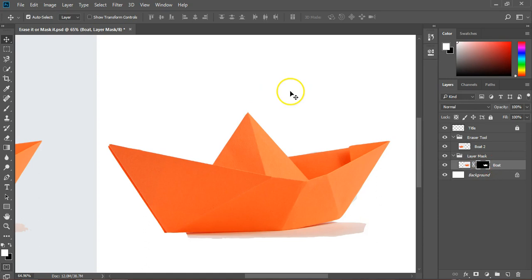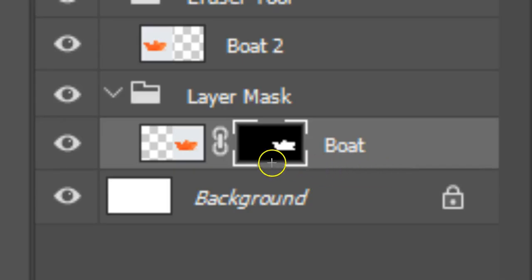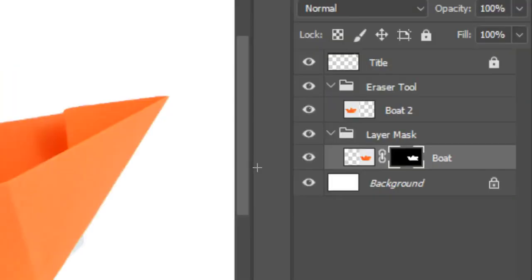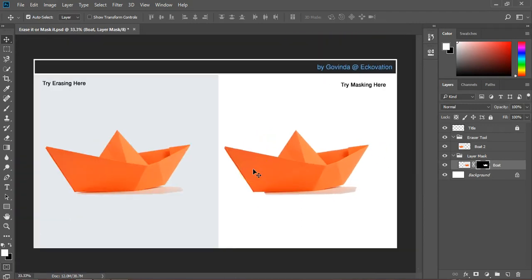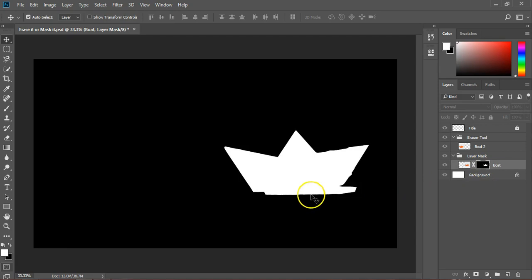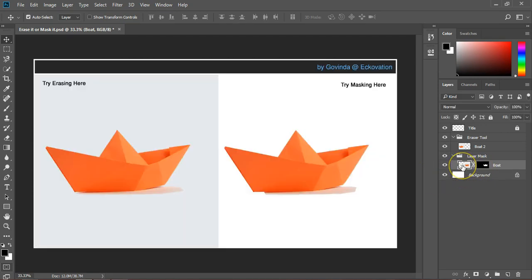selected. Now upon closer look at the layer mask thumbnail in the layers panel, you can see black background with white boat. The layer masks work only between shades of black and white. Black means hidden and white means revealed. So that's why the visible boat is in white on the thumbnail and the rest of the hidden background is in black. Now if you hold Alt and click on the layer mask thumbnail, you will see how the mask looks exactly. If you had enough of the mask, simply click back on the image thumbnail on the layers panel.